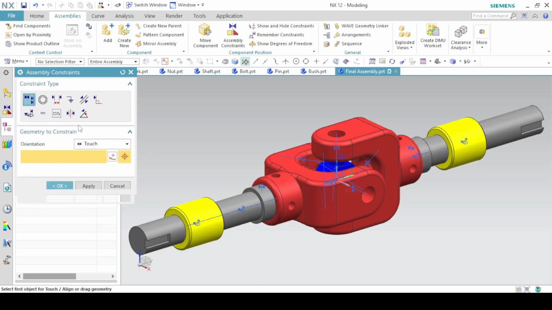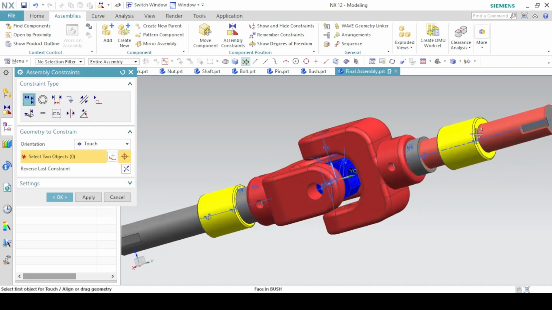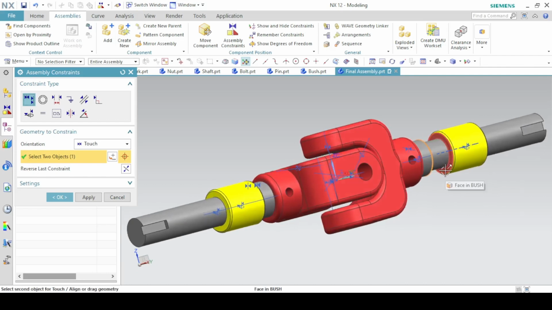and then you want to touch this face and this face, and again this face, not the face, so deselect all, the face and this face of the bush. Okay,